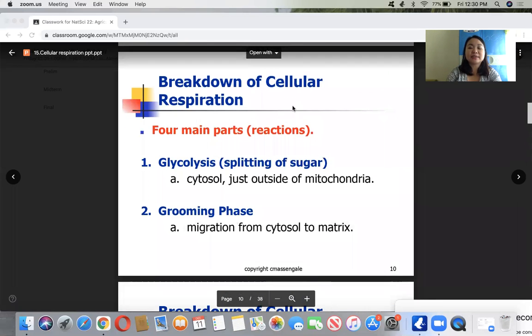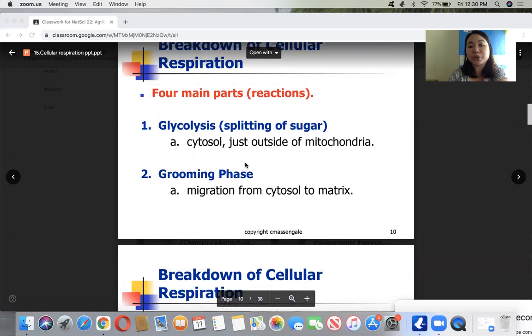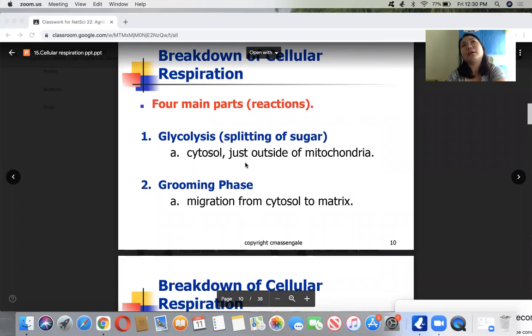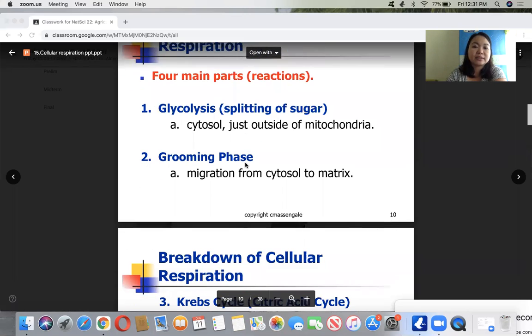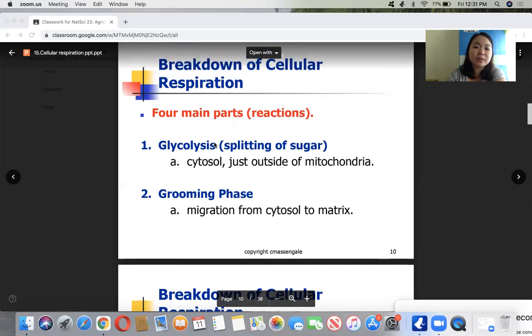So how does the cell break down glucose during respiration? There are four main parts. Remember that in photosynthesis, there were also two processes, the light-dependent reaction and the light-independent reaction known as the Calvin cycle or the C3. So in respiration as well, we have glycolysis or the splitting of sugar in the cytosol outside the mitochondria,